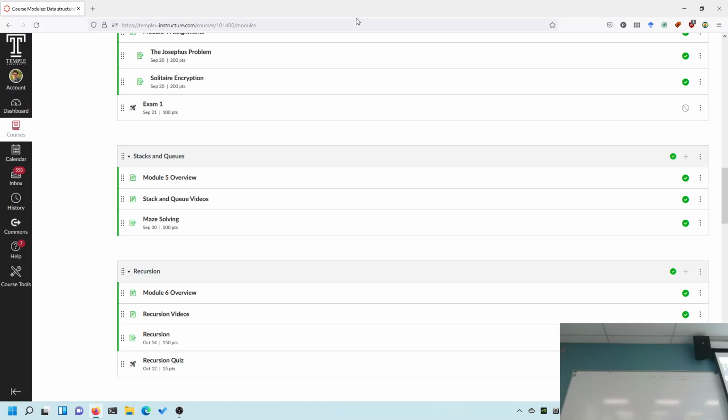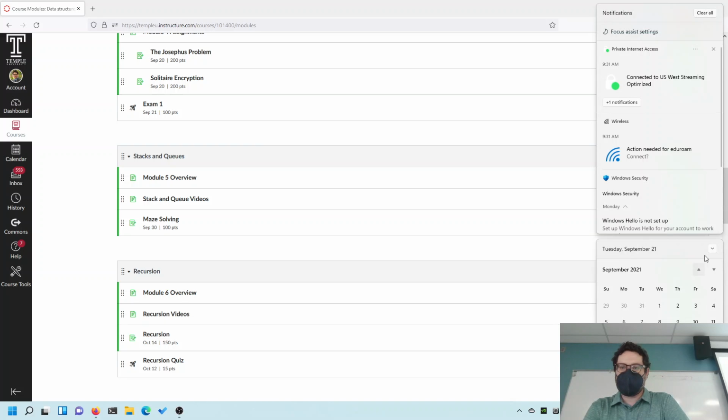As a reminder, one of the questions that will be on the exam is a question about comparing the big O operations of the various aspects of linked lists and array lists, and you'll want to use big O to do those comparisons. You'll want to compare the add and remove operations and how they work in linked lists and array lists. You'll want to compare your get and set operations and how they compare with each other, and you'll want to compare the memory usage of those, which we will go over when we review for that exam.